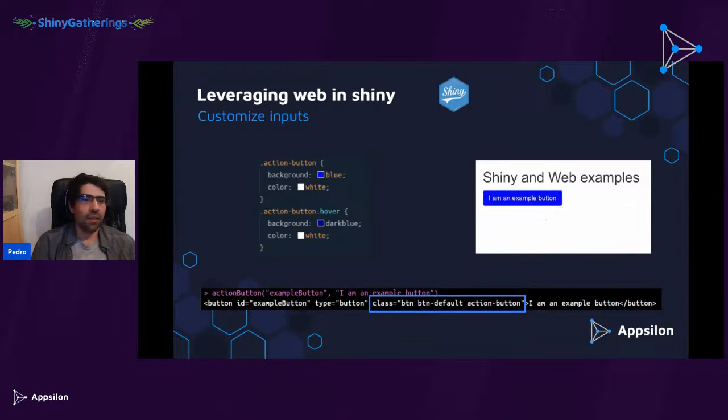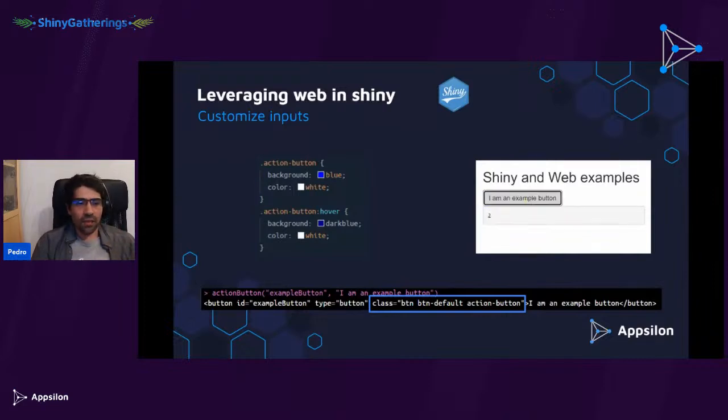And this is because by default, Shiny adds a lot of CSS, adds a lot of styling by default. So a good way of avoiding that is actually to define our own classes for this. So instead of using action button, let's think of some other class that we can use. And let's think of how we can actually add it.